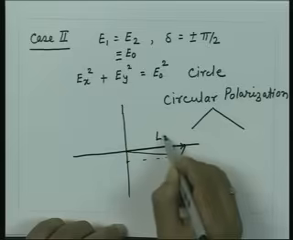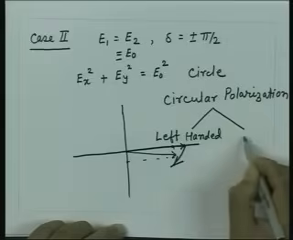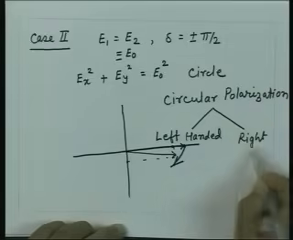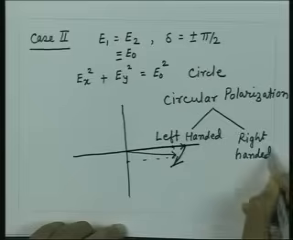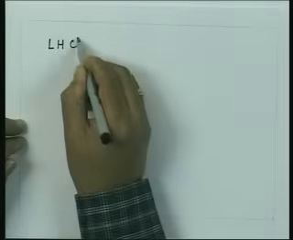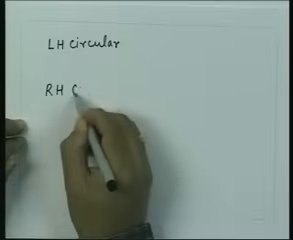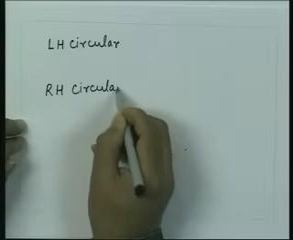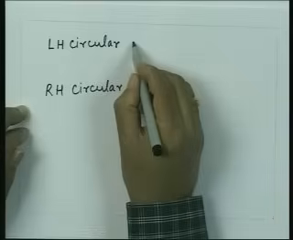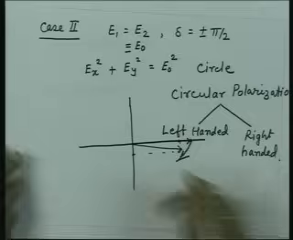It is left-handed and right-handed. So, for a general circular polarization, we have LH circular, we have RH circular, and for this the condition is that now if the wave is receding, so that means the wave is coming